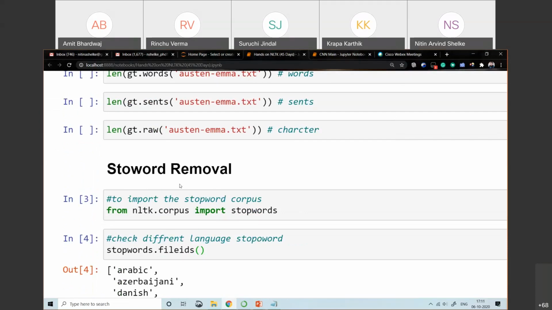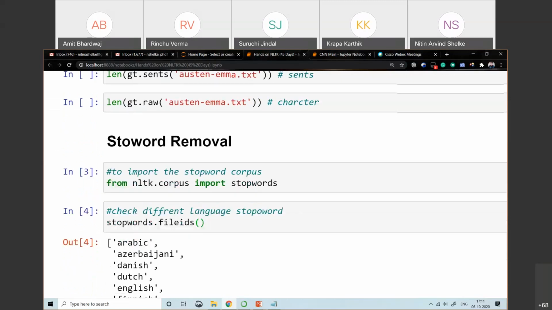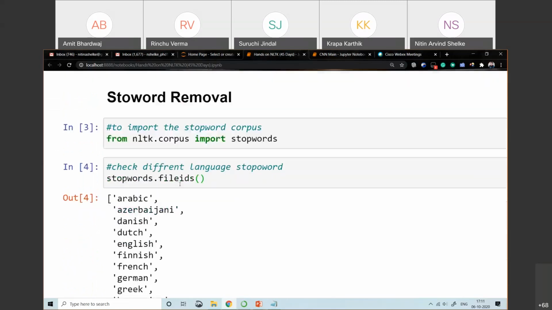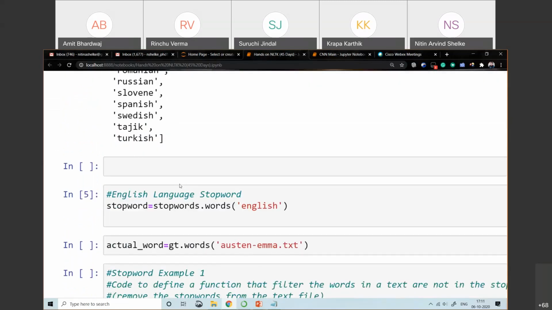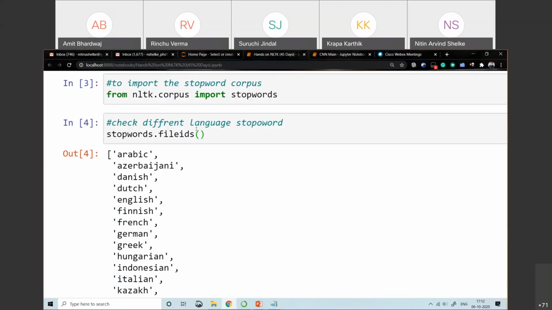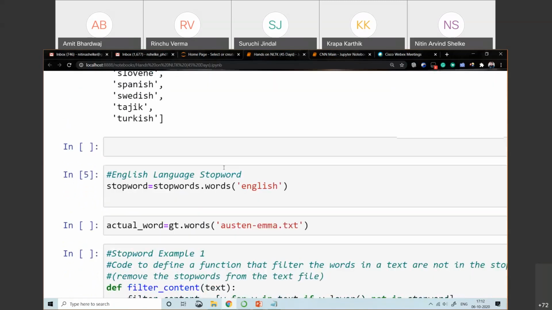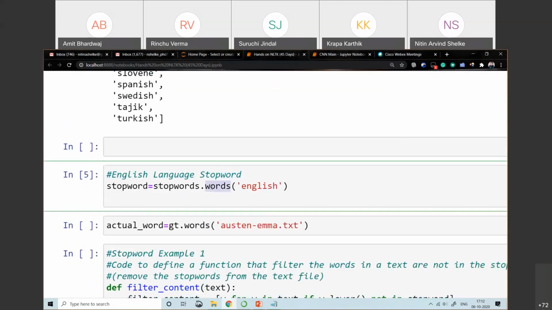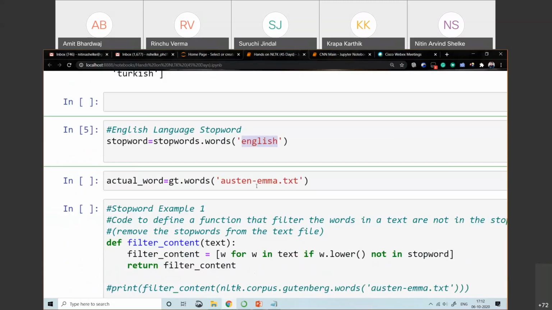To remove the stop words, we first need to import the stopwords which are present in nltk.corpus. There are many files present in the stopwords corpus, which you can get with the help of the fileids method, and out of which I'm only interested in the words related to the English language. That part has already been covered, I'm just revising this thing.